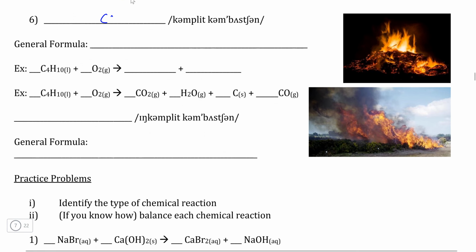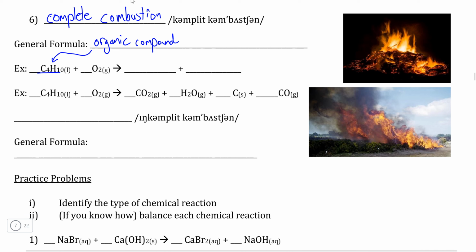Our final category of chemical reaction are what we call combustion reactions, and there are two varieties of them. The first of which is what we call a complete combustion reaction. Now, if you'll observe the fires in both of the pictures here, that's exactly what a combustion reaction is, in that we start with some sort of carbon and hydrogen containing reactant, and in future grades you'll recognize that this is an example of what we call an organic compound, meaning a compound where carbon and hydrogen are the primary